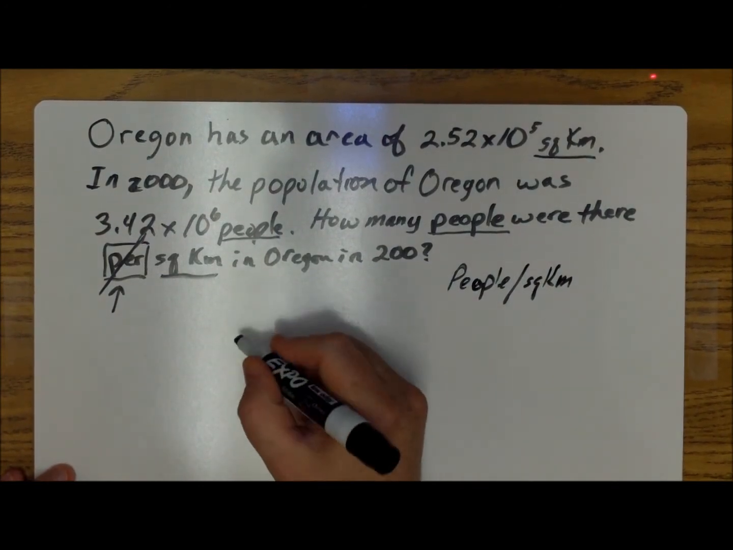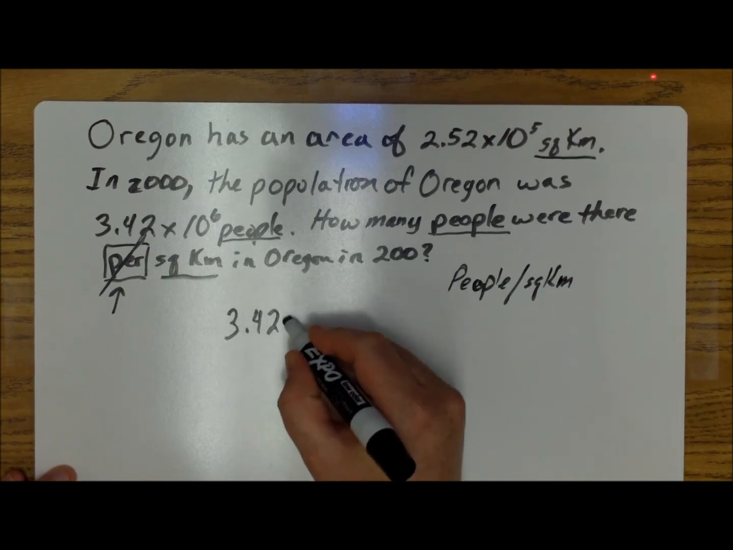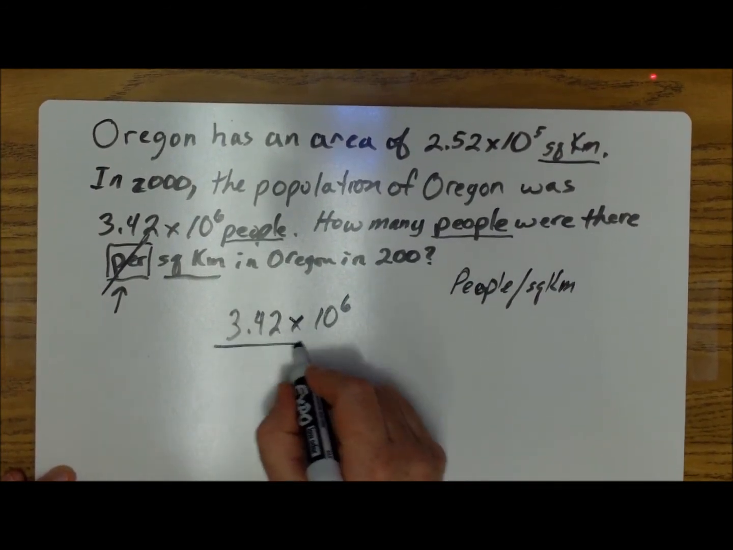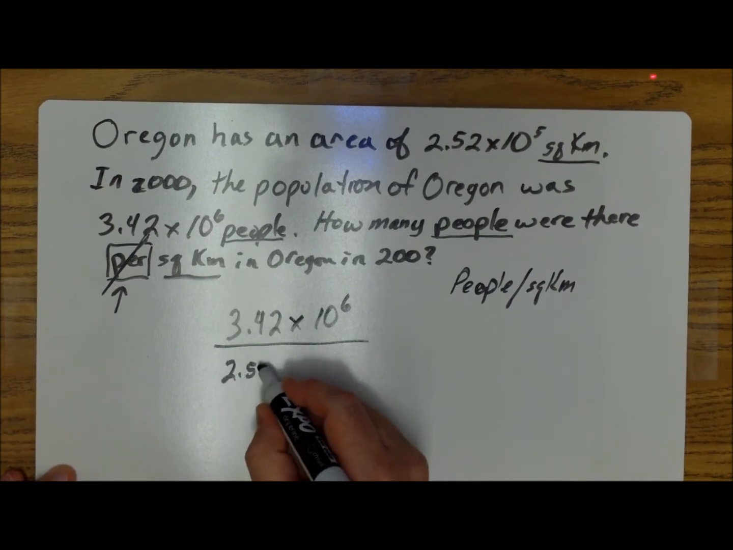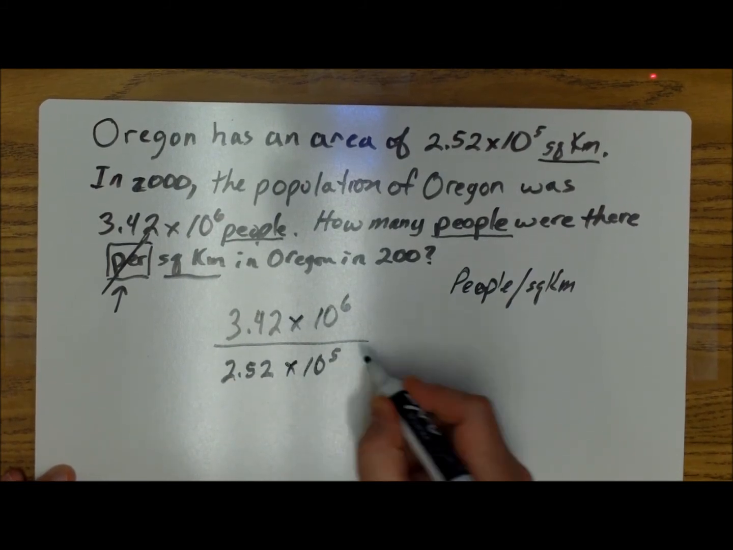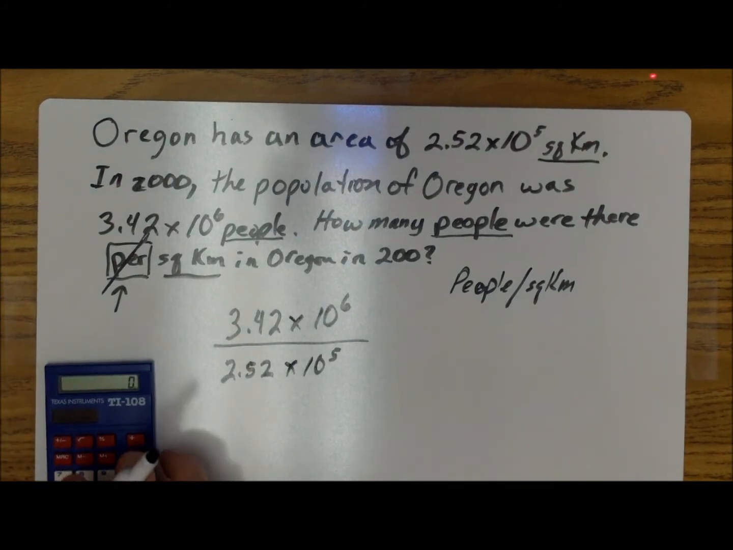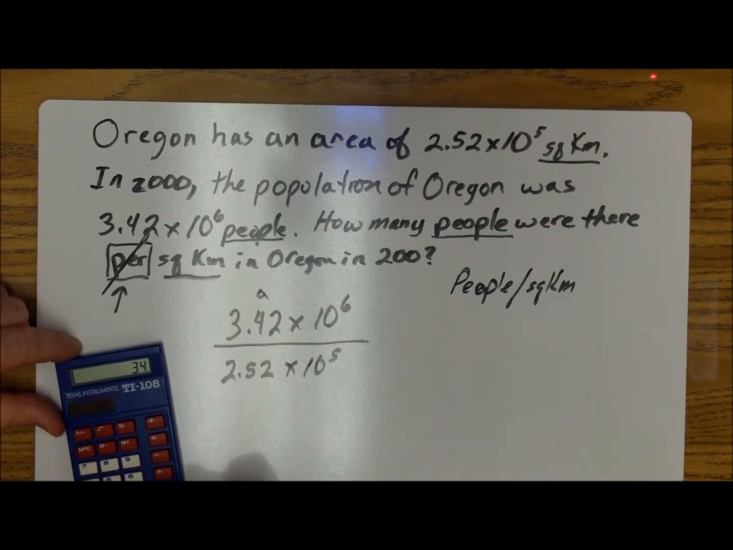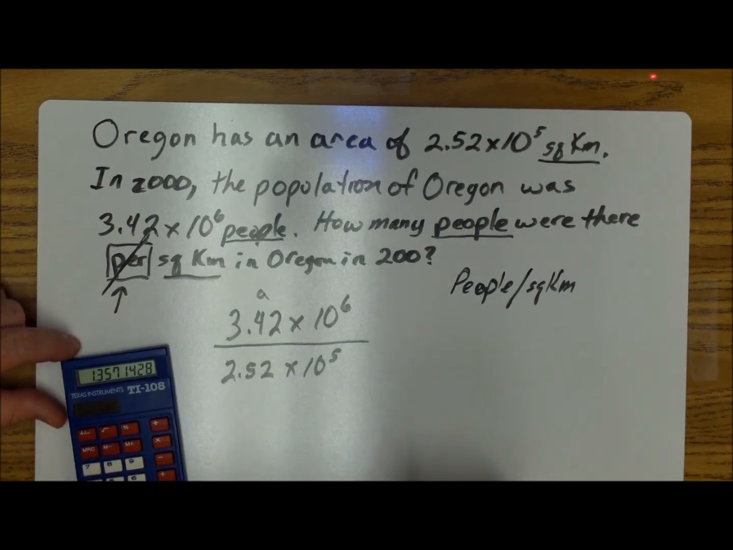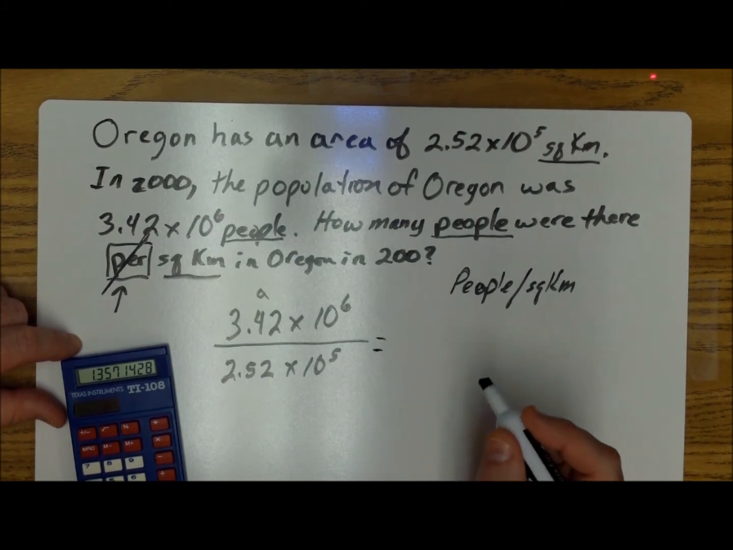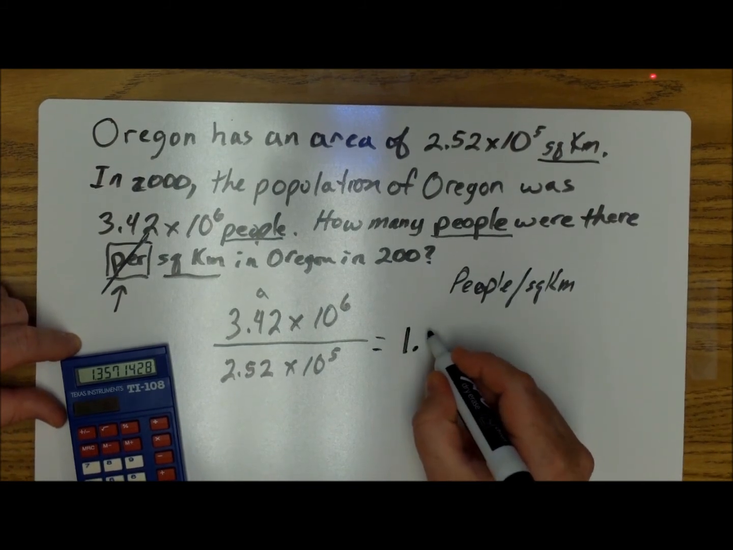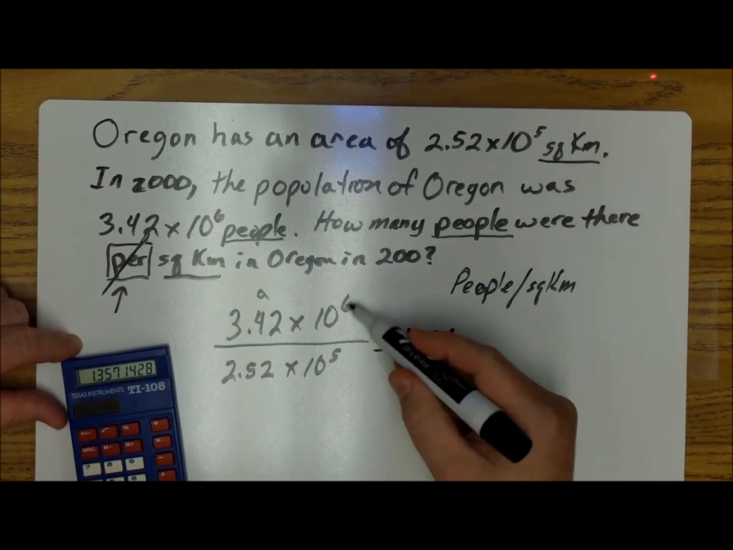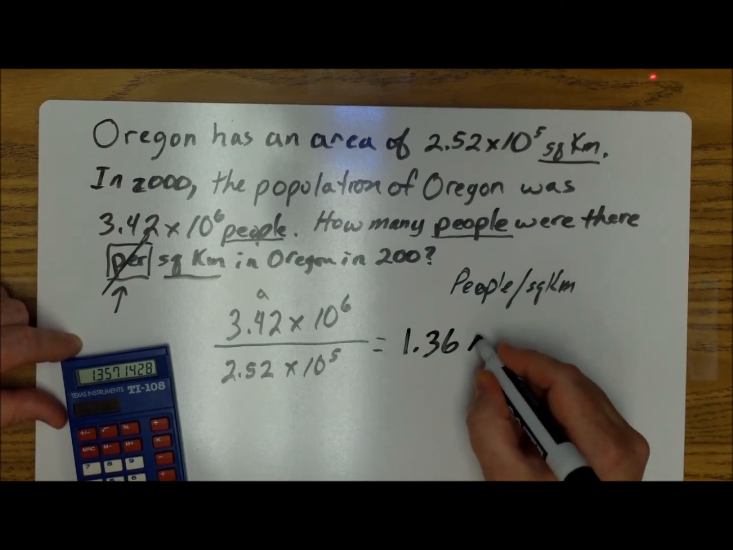So we're going to take our people number, which is 3.42 times 10 to the 6th power, and divide it by 2.52 times 10 to the 5th power. We're going to use our calculator here, divide our a values first. So 3.42 divided by 2.52. And I'm going to round this to 2 decimal places, nearest hundredth. So it comes out to 1.357. So I'm going to just call it 1.36 because it's an approximation. Both these numbers are approximations. So 1.36 times